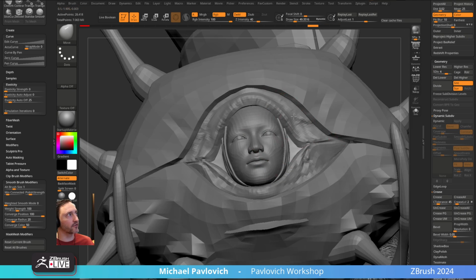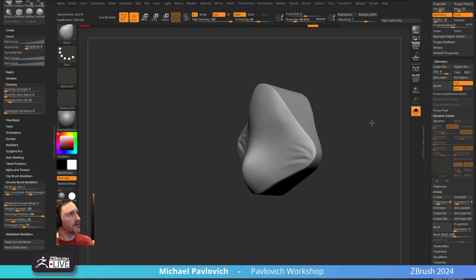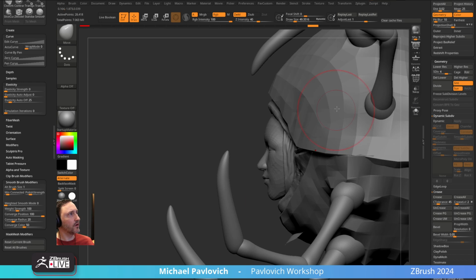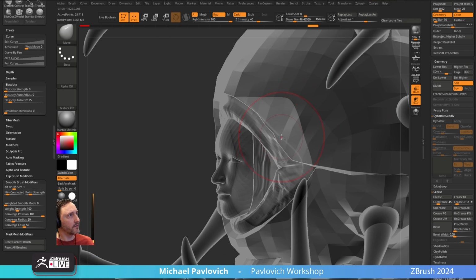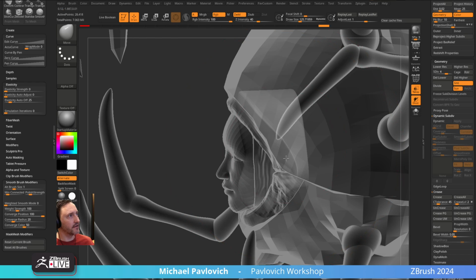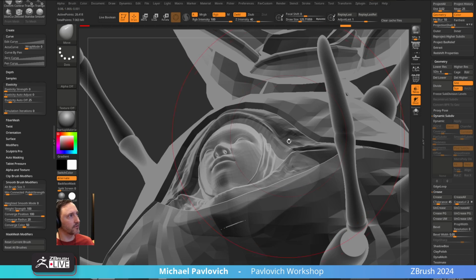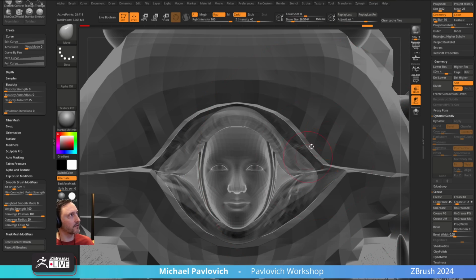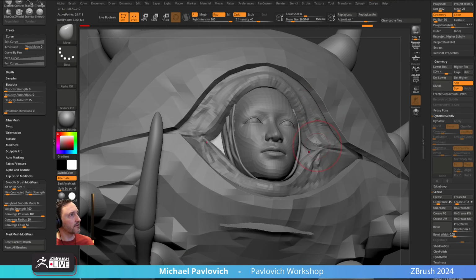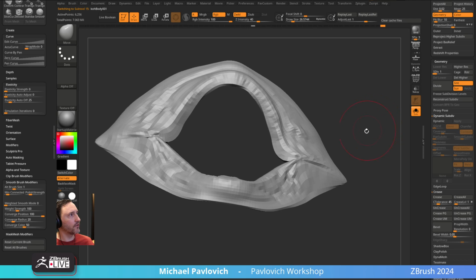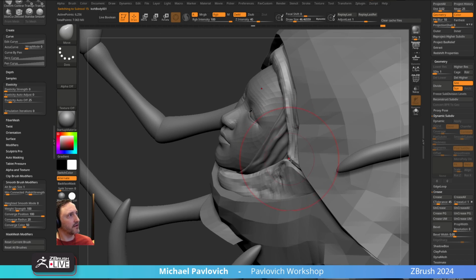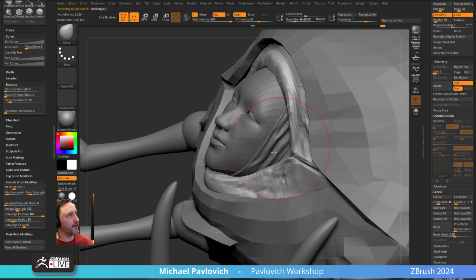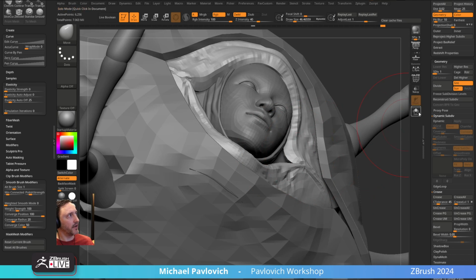Again, turn on X symmetry. If we want to, we can also turn on transparency with ghost turned on, and then we can use our move brush. We can kind of see through the object here and sculpt through the object. We'll knock this back just a bit. We don't want it so in our face. And then here, if I go through here and use my move brush, it's going to pull everything back, which may not be terrible, but if I want to keep this out but also knock that thickness back